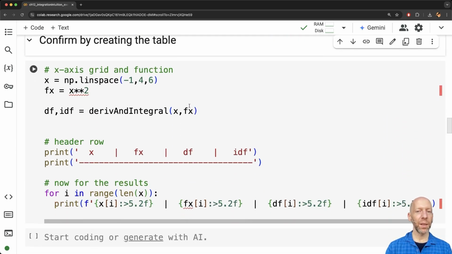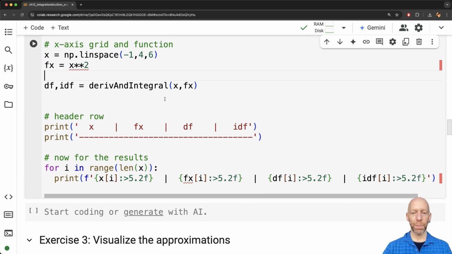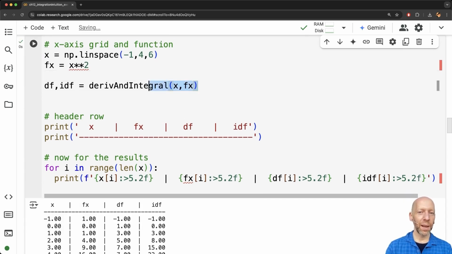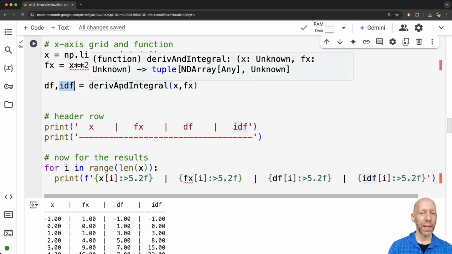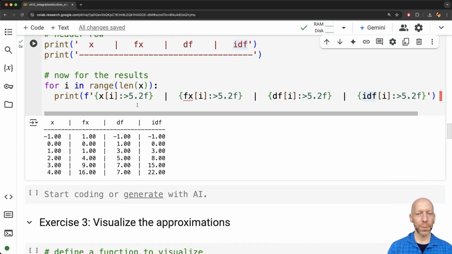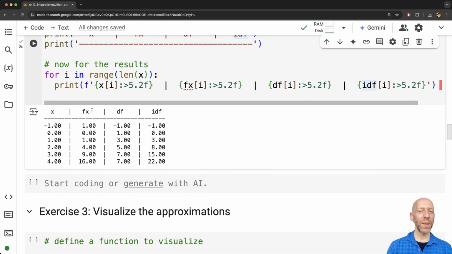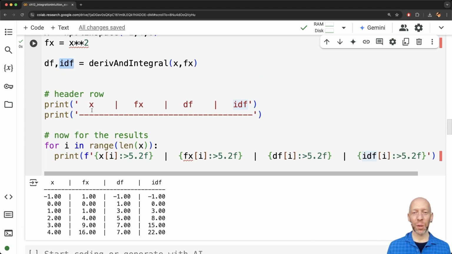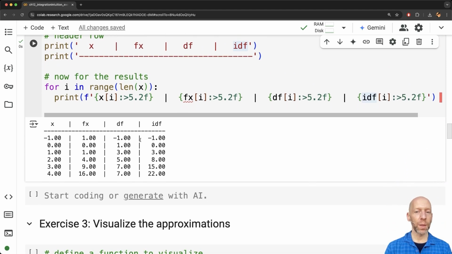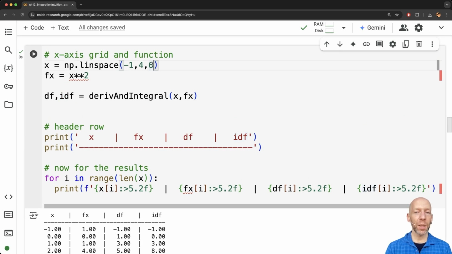All right, and then here is where I create that table. Once you have the function and the x-axis values, here is calling this function and getting the output. And then this is just creating the table. Okay, so this column and this column here should match exactly, identically, which they clearly don't. One thing I would like to point out before going on to the next exercise, where we will explore this issue in more detail, is that just by changing the